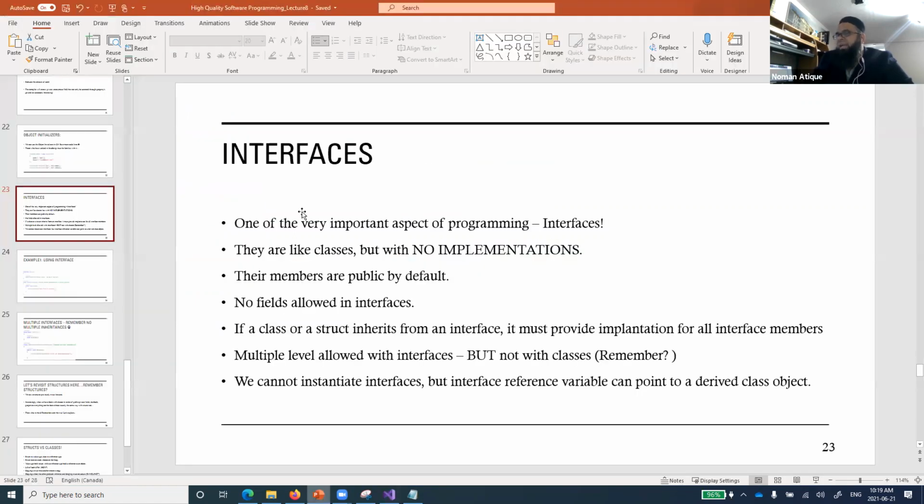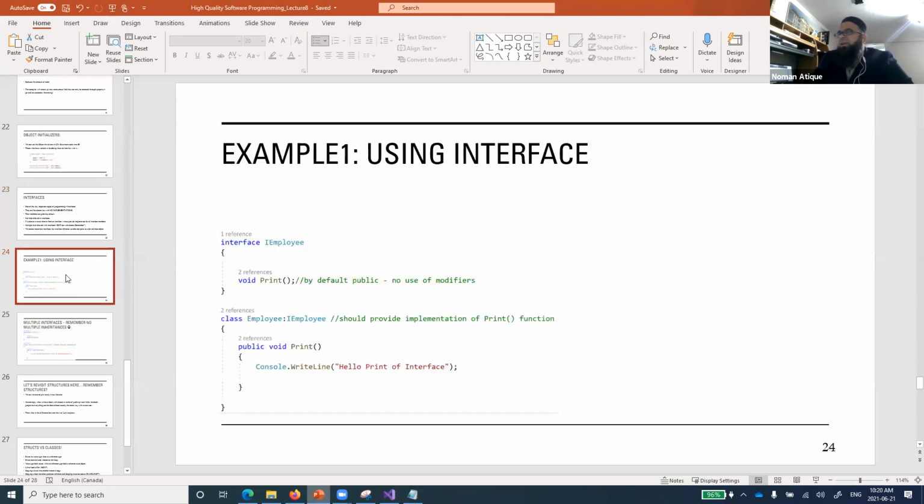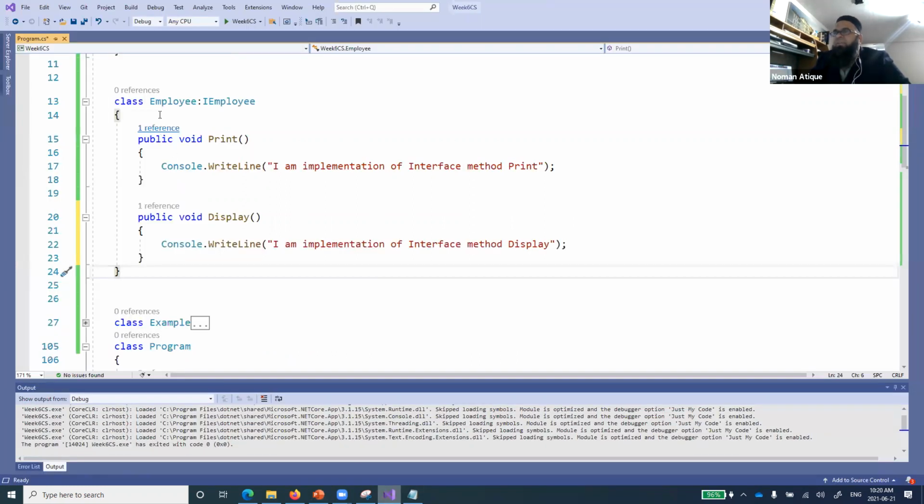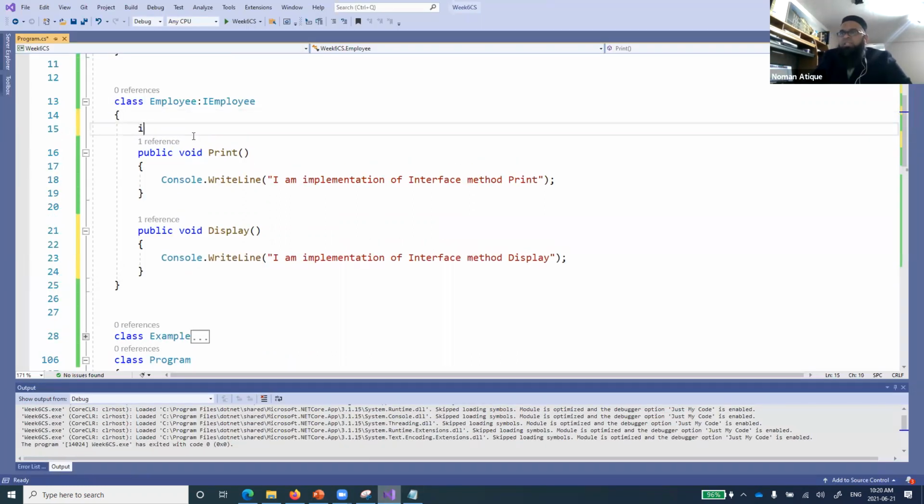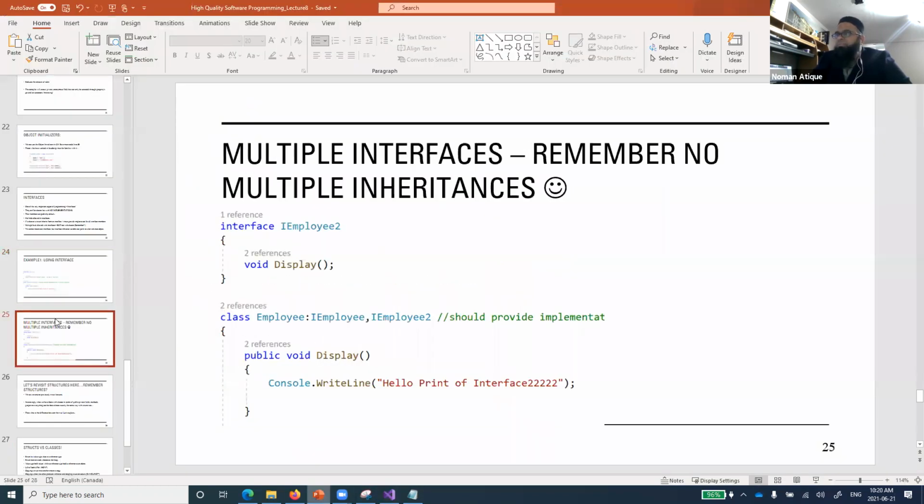So interfaces are like that. There will be lots of questions coming into your mind about why they are used. But right now, just consider that interfaces are where we define the name of the variable and the name of the method. One of the things we have discussed is that it cannot have a field. For example, if I say integer name and define that, it is not allowed to have that in an interface. We cannot define a variable there, so there will be no field typically defined, right?